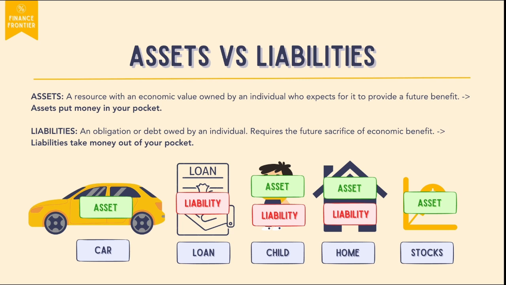Stocks are financial assets, which is a type of liquid asset. And like I mentioned before, a liquid asset is something that can be quickly and easily converted into cash. So an investor buying stocks or a share becomes a part owner of a company that has sold these shares to somebody. So if you buy a share that's $100,000 and it increases to $150,000, and you sell this $150,000 share, you earn some amount of profit, and this money goes back into your pocket. So again, it's an asset.